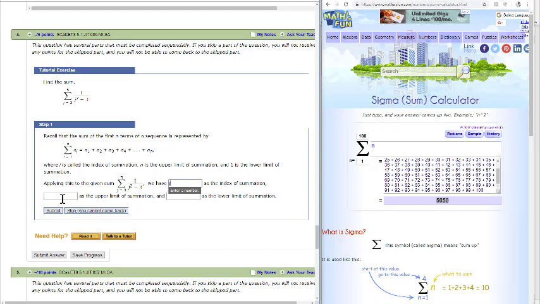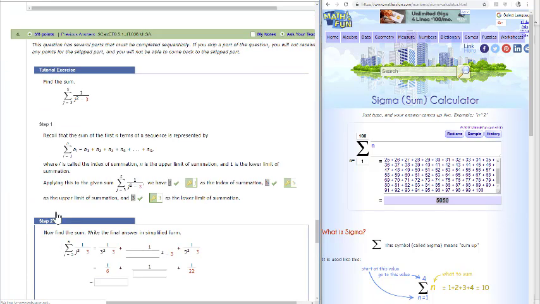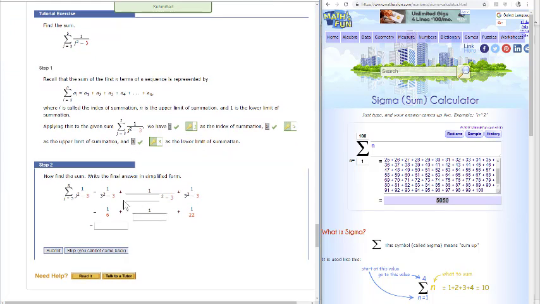as the index of the summation. The upper limit of the summation is 5, and the lower limit of the summation is 3, so it starts with 3. So now that we have the parts figured out, we know that the function inside is 1 divided by j